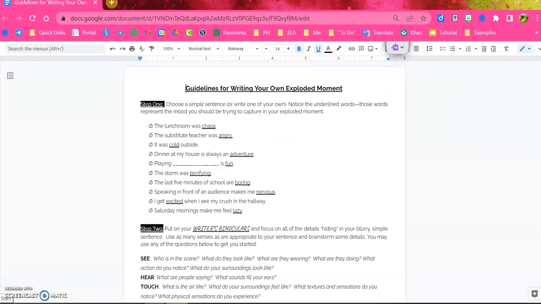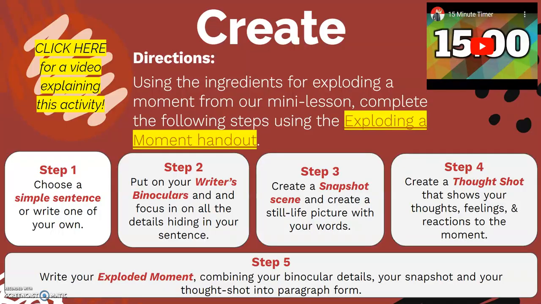Yours, if it is on paper, it is probably on some kind of color. It is 3-hole punched to make sure that it is going to stay inside your Avid binder. If you're looking at this virtually, then that's okay too. But I'm going to ask you to highlight or mark some things on here as we go through this portion of the lesson. The other thing that I'm going to ask you to have is this exploding a moment